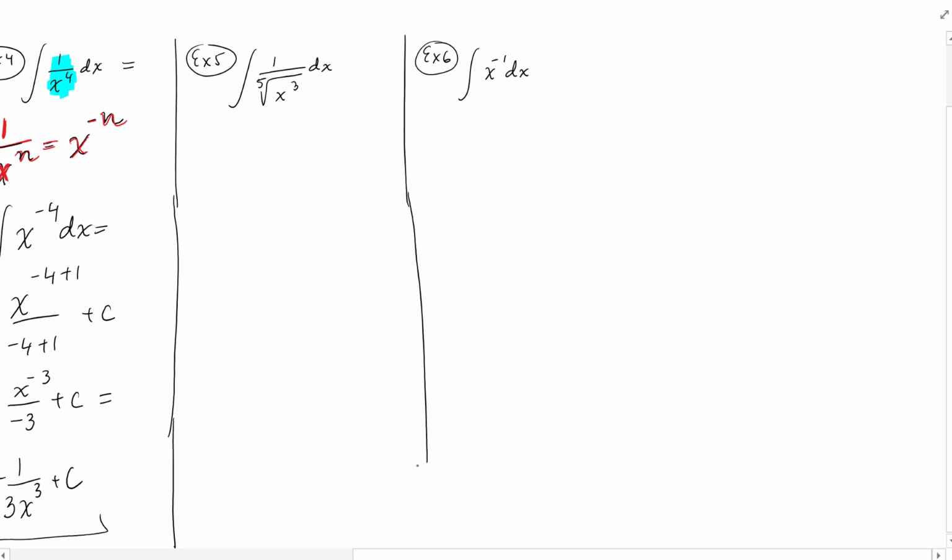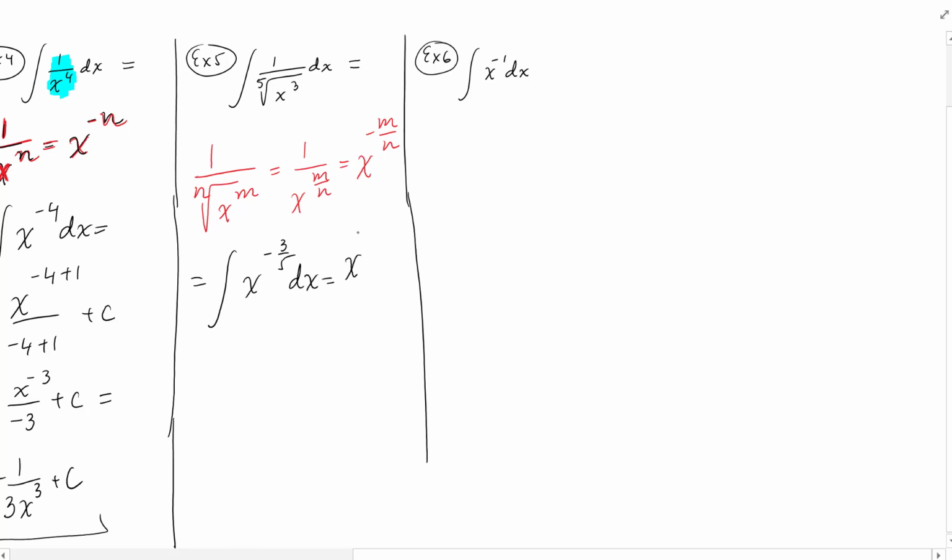So again, it's the power rule, but this time we're going to use the fact that when we have 1 over the n-th root of x to the m, that can be written as 1 over x to m over n, which means x to negative m over n. So we are changing that into rational exponents, but in this case, it's going to be negative as well. So it's going to be x to negative 3 over 5 dx,